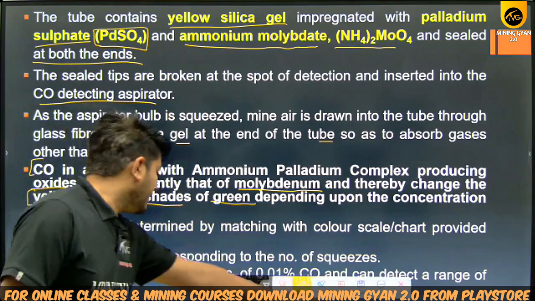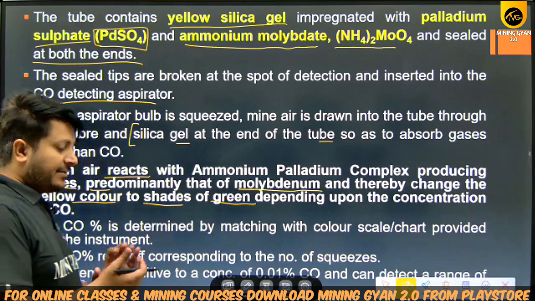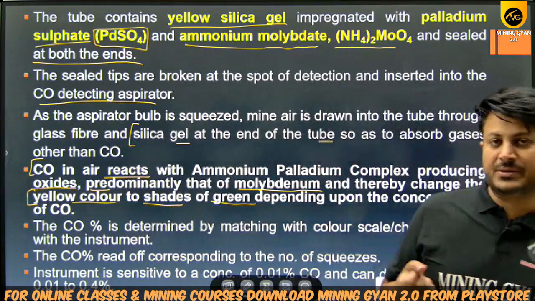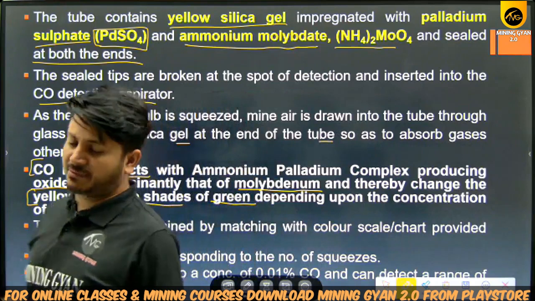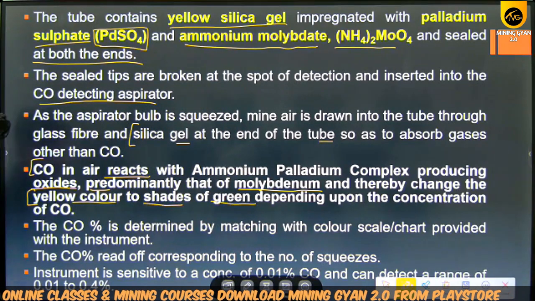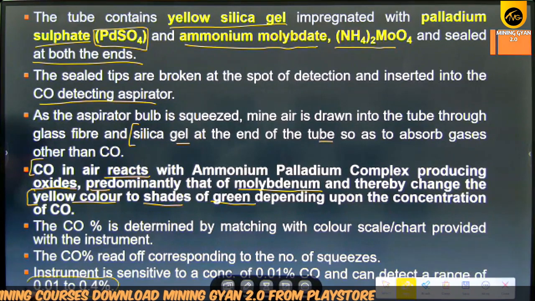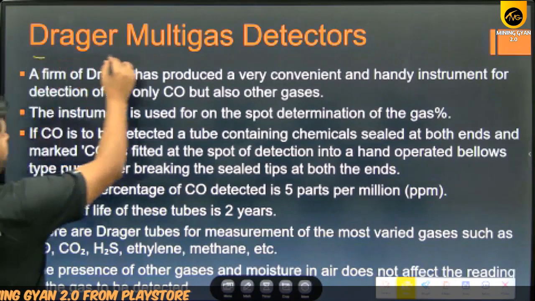Now the CO percentage is determined by matching with the color scale chart provided with the instrument, and the carbon monoxide percentage is read with the number of squeezes, that is, how many times you have squeezed the aspirator bulb. On that basis the percentage of carbon monoxide is calculated. The range of the instrument is 0.101% to 0.4%. Now if we talk about the Drager multi-gas detector,